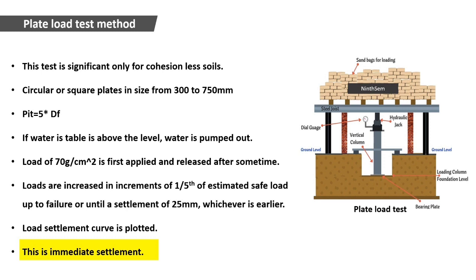So how do we find out the settlement and the pressure on which the settlement starts? It means the soil is not able to bear that load. You know very well that soil and everything has a capacity to bear load. So the load for which the soil starts to settle, that is ultimate bearing capacity. It means by dividing it by area and factor of safety, as you know very well, we find the safe bearing capacity. So SBC is the most important for us. Okay, SBC, safe bearing capacity. Got it? Now let's go to the next slide.